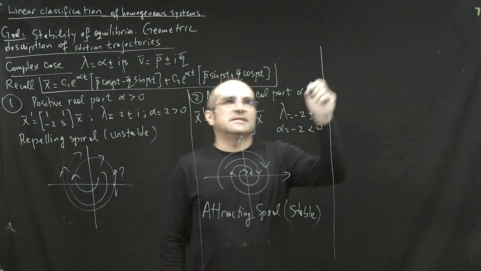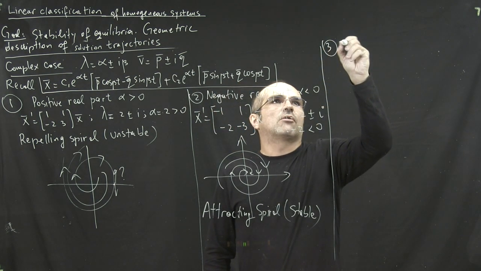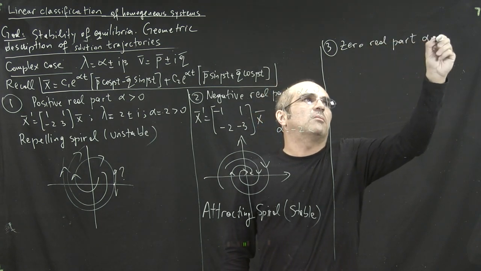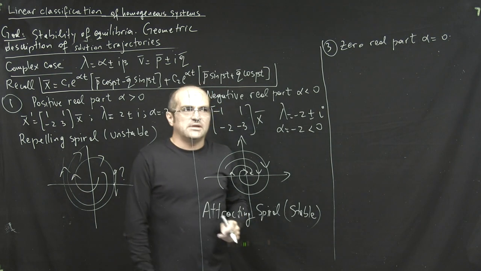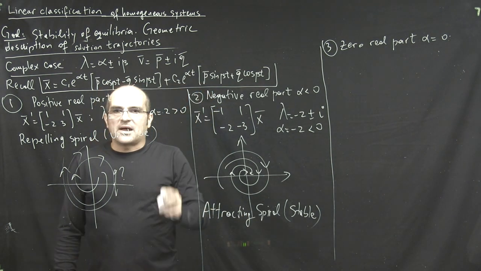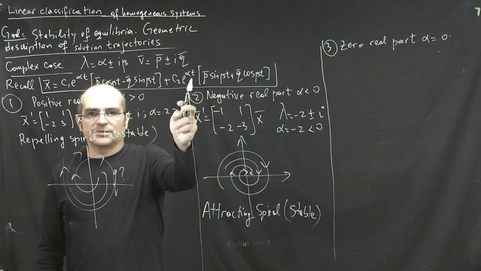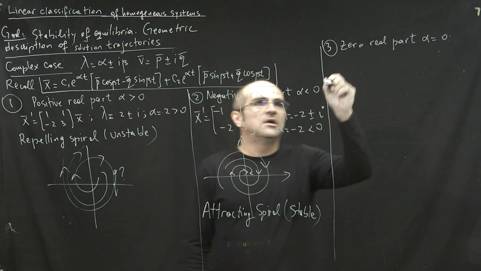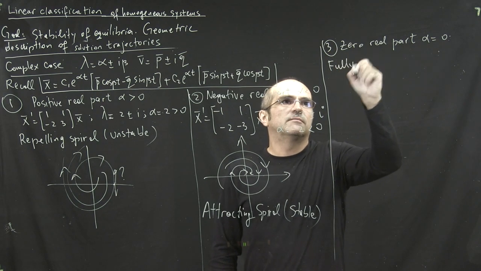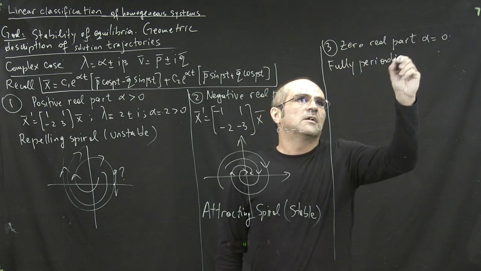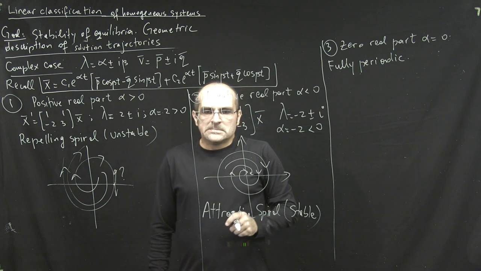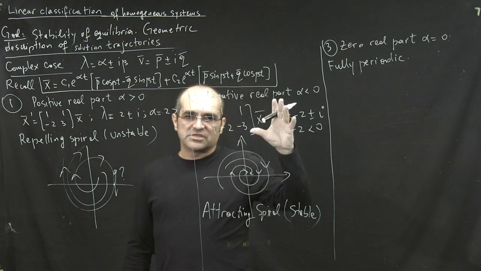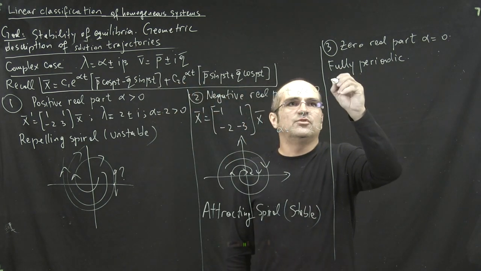So finally, the last case, 0 real part. And you should probably anticipate what happens here from the analogy with the single ODE. If you have a 0 real part, there is no exponential in the solution. So that means you have a fully periodic motion. So the solution is fully periodic. There is no convergence to 0 or divergence from it. So that's another case of neutrally stable